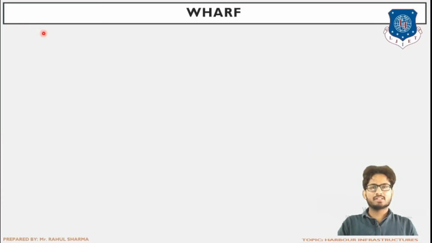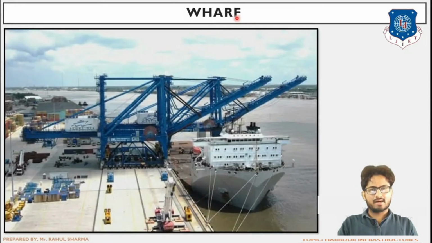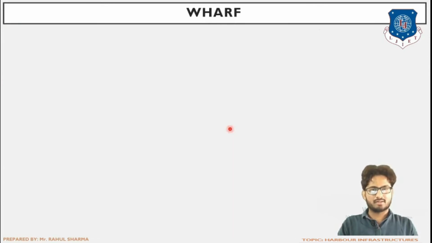So the next component which we are going to study in detail is wharf. Now basically we are aware of the purpose or function of wharf, and we are also aware of its alignment or direction. So this is an image for wharf. As we can see, it is parallel to the shore, and here mooring accessories are provided. Mooring means to tie up. So the accessories which are provided for the tying up of ship are the mooring accessories, and basically here we can see various installations for the loading and unloading operation to be carried out. So this is the real image for wharf.